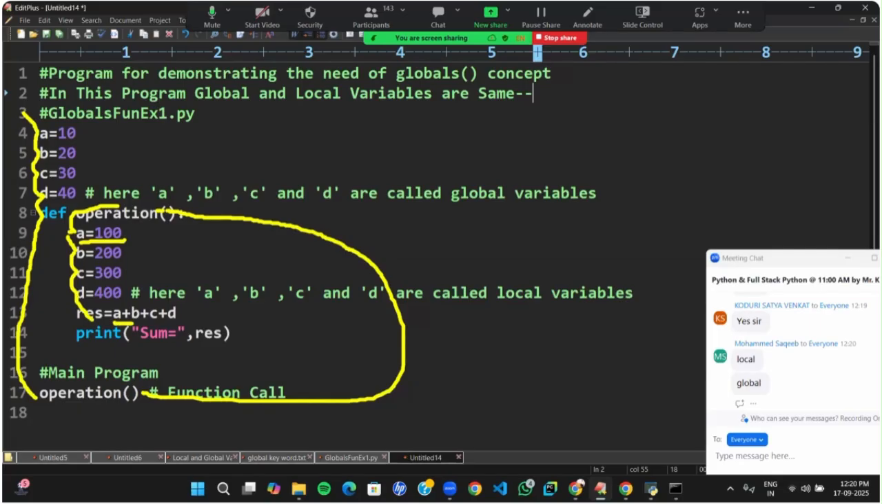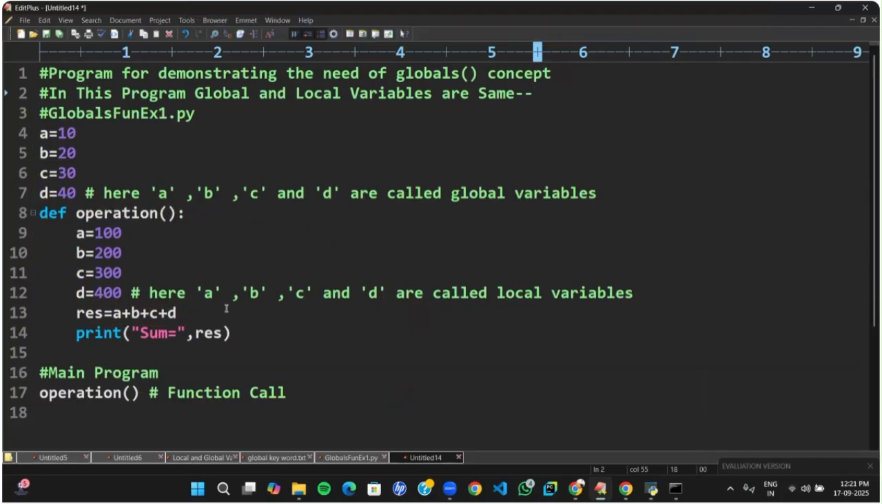A plus B plus C plus D. Which values are placed over here? 100 plus 200 plus 300 plus 400. I am going to place it: sum is equal to that. What value is coming? 1000 is coming. That means when the global variables and local variables are the same,